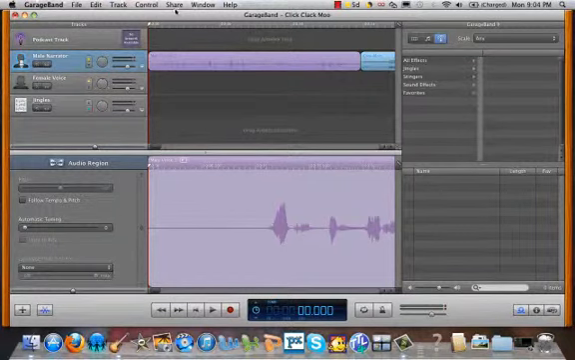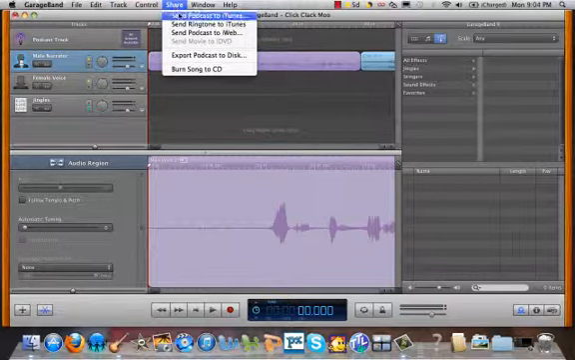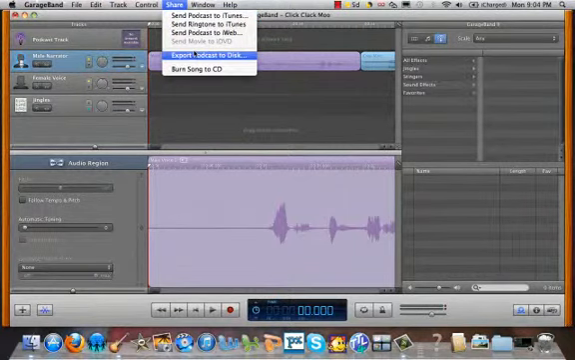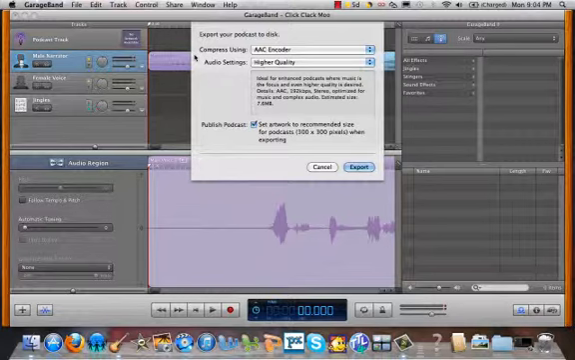So you need to go up to Share, click Share, and then go to Export Podcast to Disk. You can also burn it to a CD if you so desire, and send it to iTunes if you're a blogger and wish to do that. But for the sake of this educational activity, we'll go ahead and just export it to disk. So once we do that, this will load up, and you have 2 different styles that you can save it to. AAC encoder, which will save it as an MP4 project,